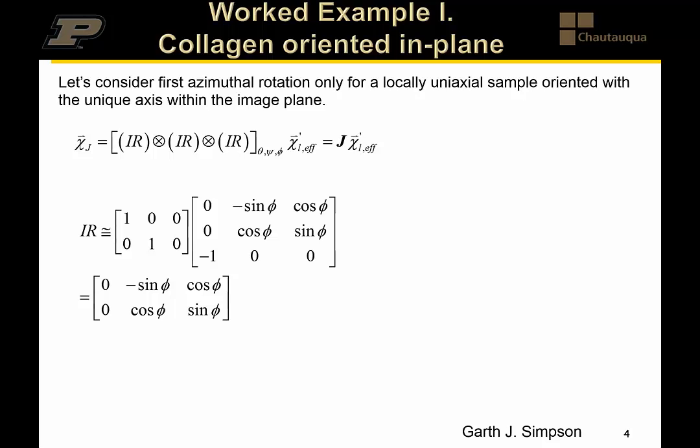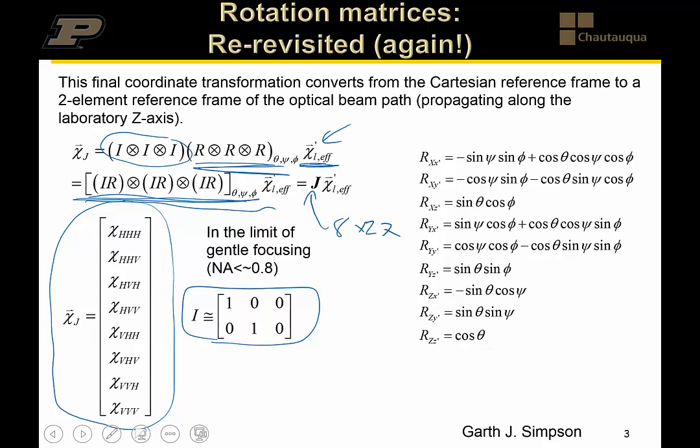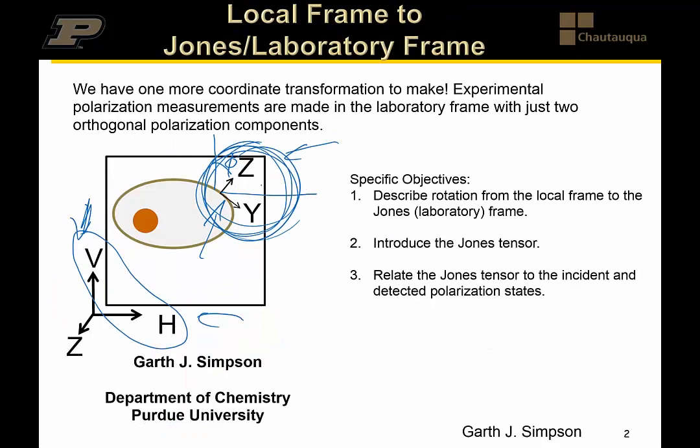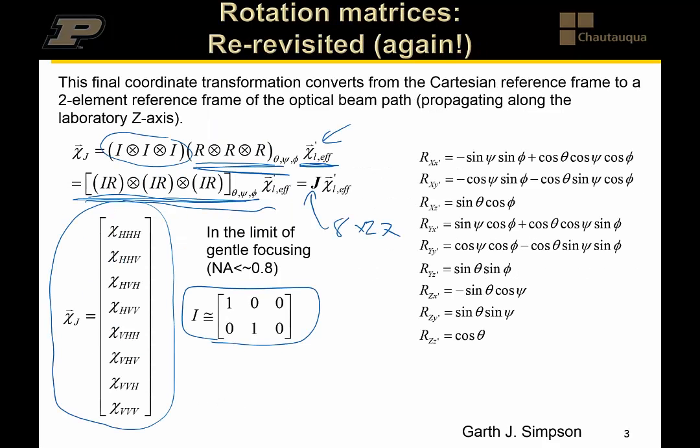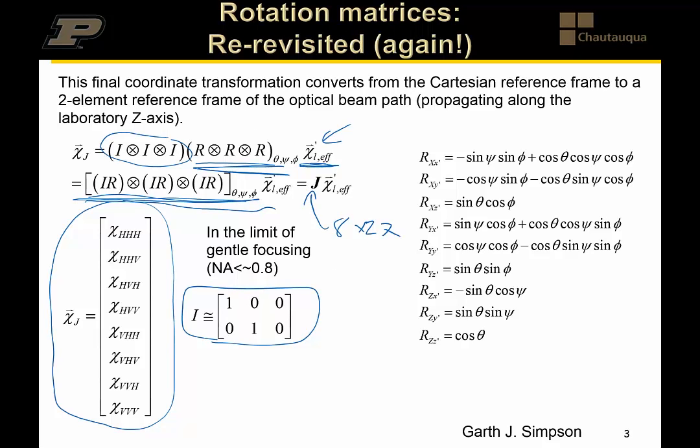We'll just consider something actually quite similar to this illustration here, where we have some angle phi between the local z-axis and the laboratory horizontal and vertical axes. Actually, I should have drawn my phi the other way, to define phi with respect to the horizontal axis. And so if phi is defined in that way, then the rotation matrix, if we just take our standard rotation matrix given here and assume that we have a tilt angle theta